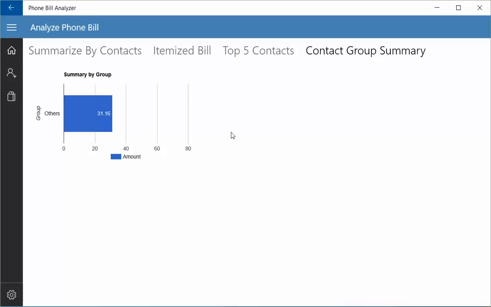The advantage is that here you can easily identify how much of the money you have spent on your personal calls versus what is the amount of money that you have spent on, let's say, your company contact. So you can easily segregate the amount spent on family and friends versus the amount spent on others.